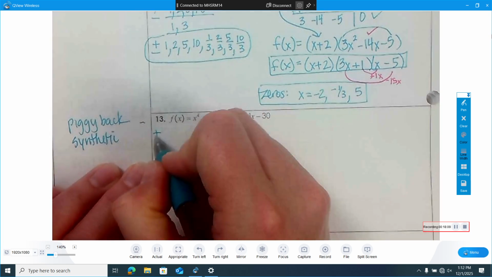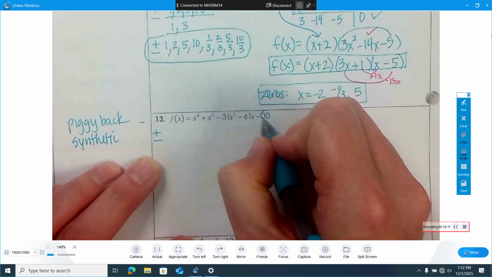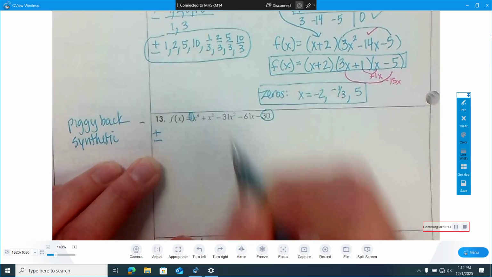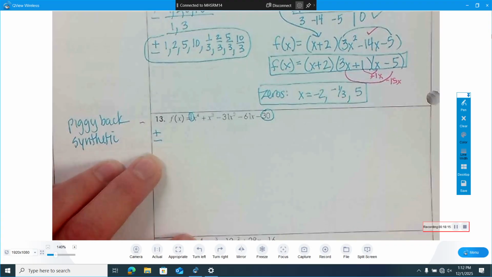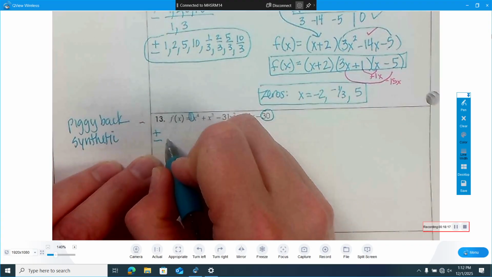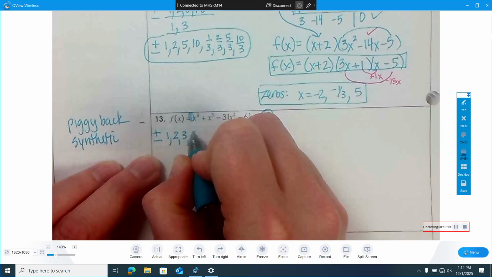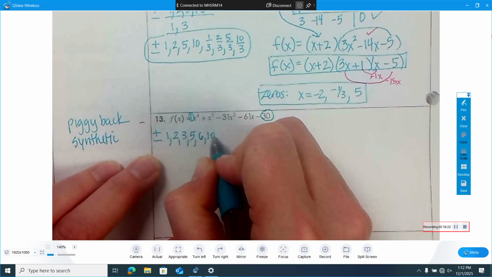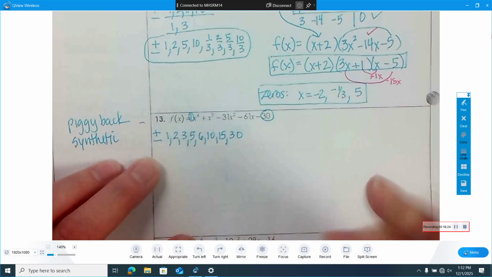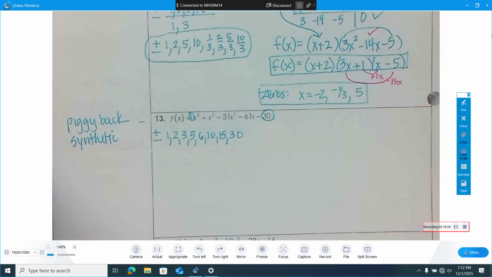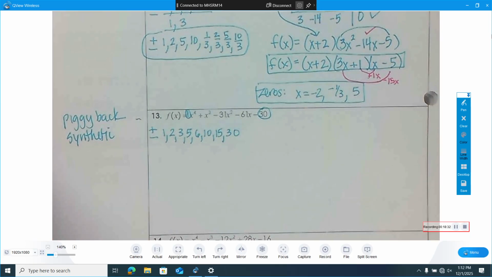But let's go ahead and create our little list here of P over Q, which is 1. What are our factors of 30? 1, 2, 3, 5, 6, 7, 8, 9. Good. 1, 2, 3, 5, 6, 10, 15, and 30. Very good. All right, so there are our potentials. And again,